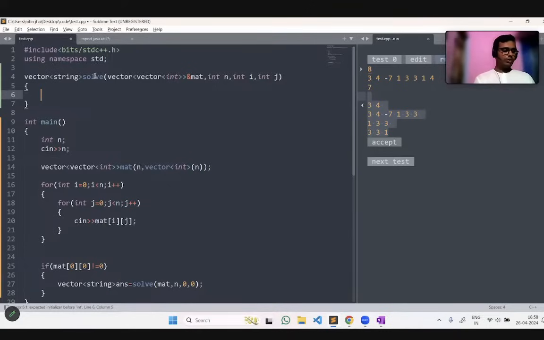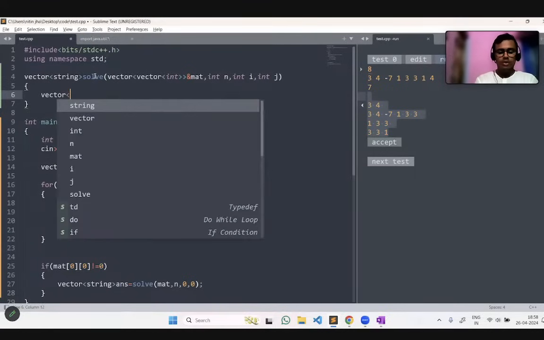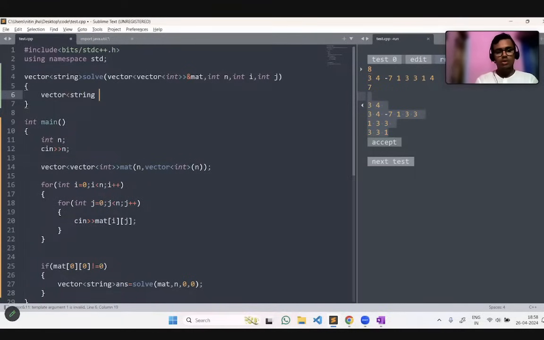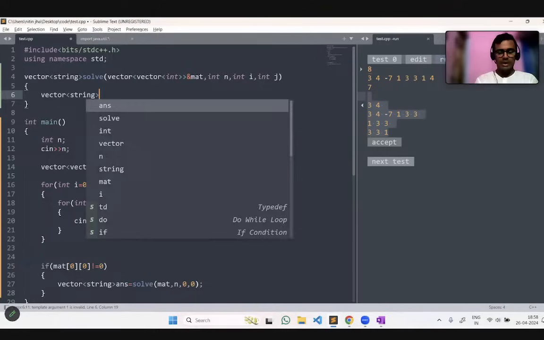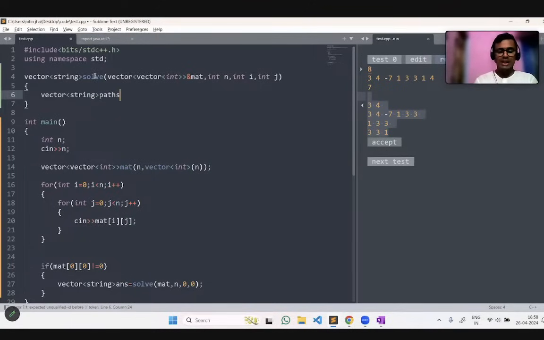Now what we are going to do, okay, now the main things come. You have to see it here. Just try to focus up here. So what we are going to do up here, we just have to create a vector of string of paths, okay, in which we store multiple paths that we have found.